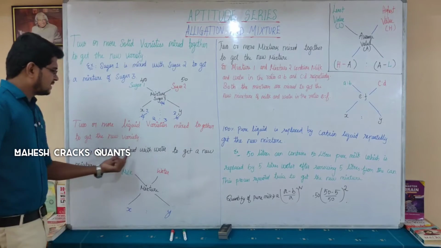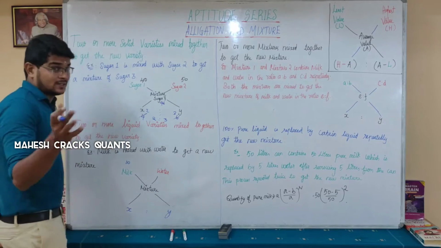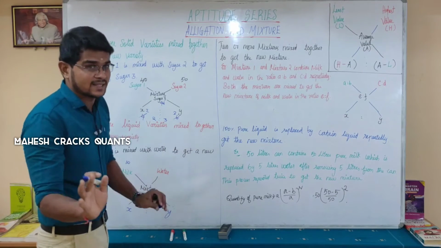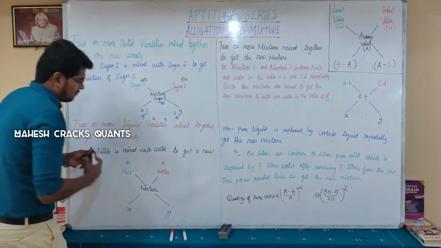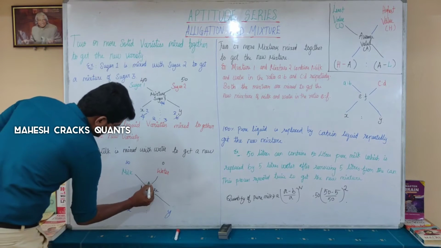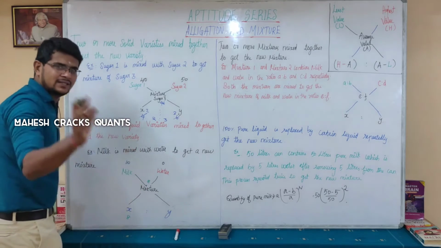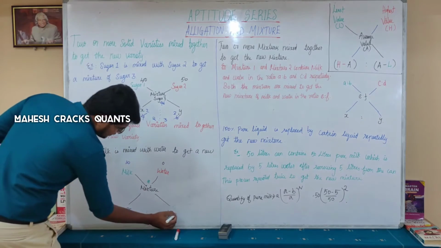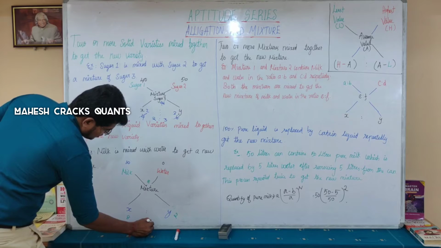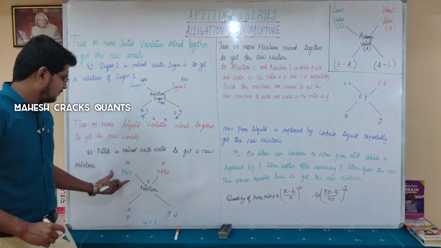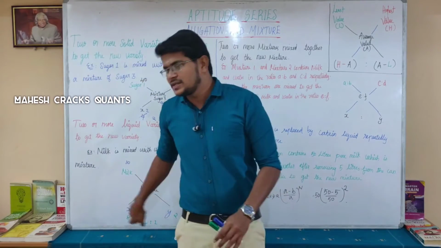Now here, milk is mixed with water to get a new mixture. If milk costs 10 rupees, that is not true, I'm just taking it as an example. Milk costs 10 rupees and water costs 0 rupees. I'm mixing these two and selling the milk for 8 rupees. So what is the ratio here? 0 and 8, the difference is 8, and 10 and 8, the difference is 2. So the ratio is 8:2, which is nothing but 4:1, which means for every 4 liters of milk, I am mixing 1 liter of water. That is the actual meaning. This is the ratio of mixing.